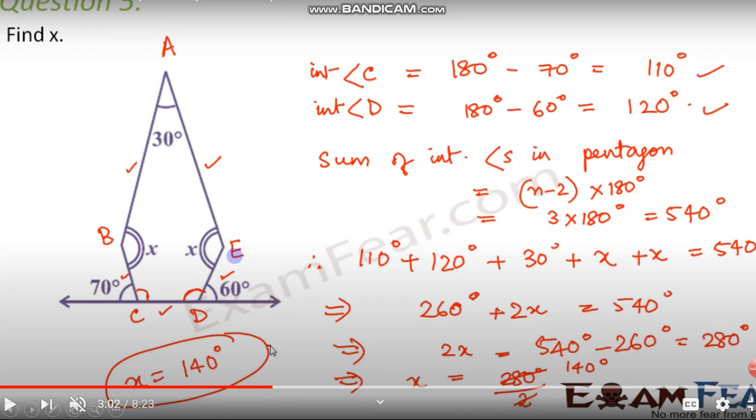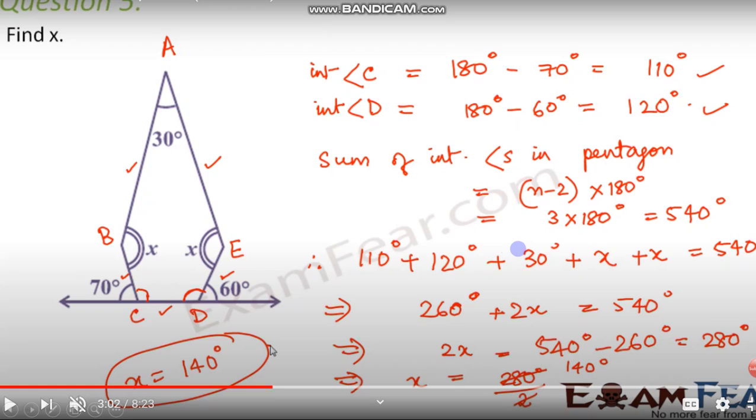Now, we already discussed the sum of the internal angles in a pentagon. In the theorem we discussed already, the formula is (n minus 2) into 180. Now, how much is n? It is 5. It has 5 sides. That's why we call this a pentagon. 5 minus 2 is 3, 3 into 180 is 540 degrees. So the sum of the internal angles in this figure is 540 degrees.